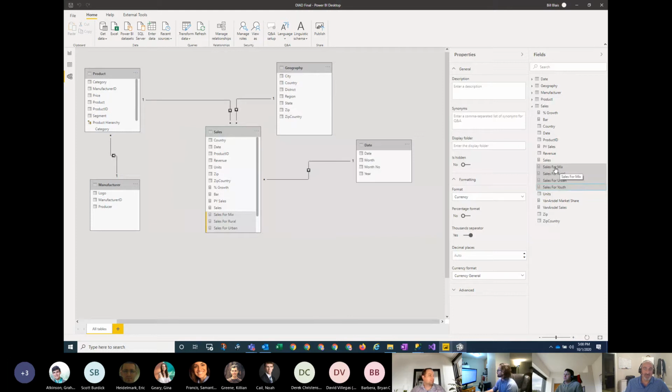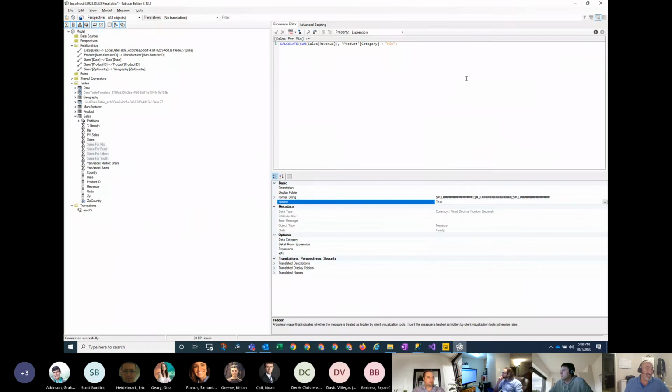So I'm sure some of you have experienced that as well, where I had to come to each one if I want to change it to have the 1000 separator and have 2 places after the decimal point. I got to click on each one, make the change, wait for it to say waiting on it, or working on it, I should say. And then the next and the next and the next. Now you can kind of do some of that here even in Power BI, but the tabular editor is even a little faster at it. So just to give you some flavor for what you can do there.